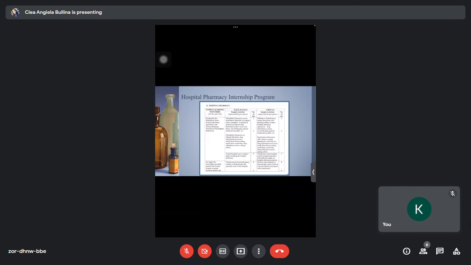Sa face-to-face class, it must be supervised by preceptors. When you say preceptors class, sila yung mga people or mga expert in an institution or internship site who gives practical experience and training to a student. Okay, they are preceptor. So yung face-to-face, it is supervised by the preceptor. Okay, so first, of course, orientation sa